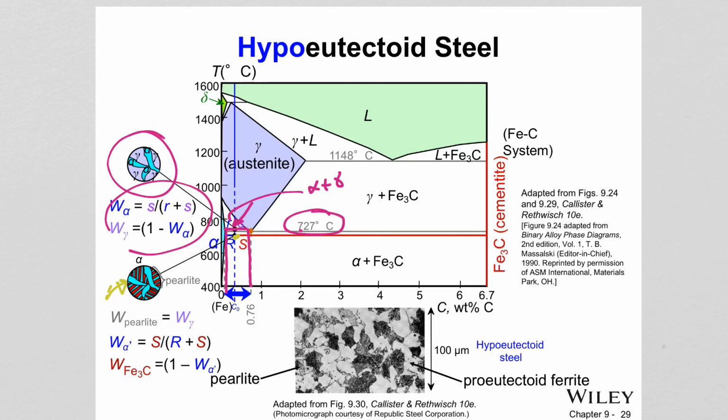This time, because you are below the eutectoid temperature, your tie line is going to be this big because there's cementite, right? So from here you read alpha composition, and from there you read cementite composition. Of course, this will give you only the